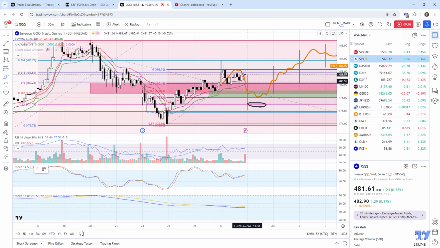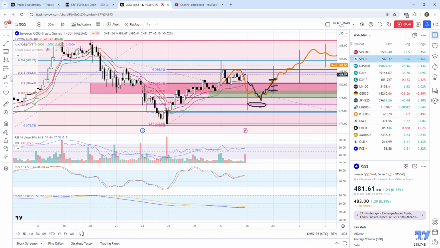We're going to be looking at maybe an opening in this area, 480.5, possibly moving down into this area, maybe a bit deeper, and then moving back into some sort of an upward squeeze. Now, remember, the upward squeeze could be ending in this area, or maybe this area, or maybe even higher, depending on what happens throughout the end of the day. So I'm not suggesting that this is going to be a deep move, meaning ending with a very solid downward swing. What I'm suggesting is it's going to be a large range bar, potentially heading downward,